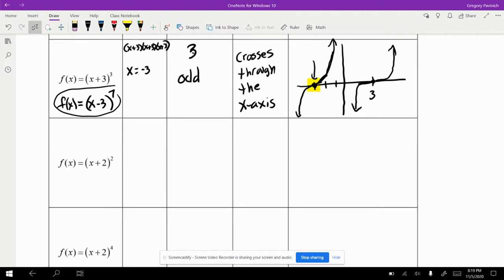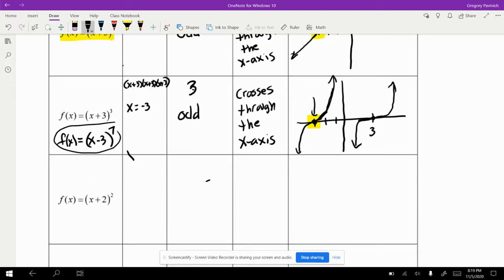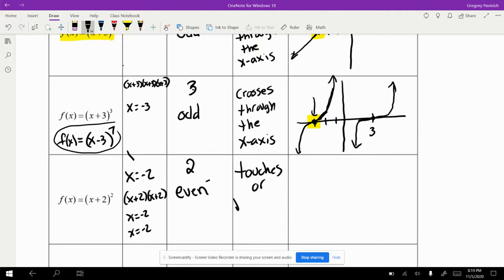Okay, so next one is what happens when we have an x-intercept happen an even amount of times. So here is my next root, and it's going to be x equals -2, and that occurs twice. And that's an even amount of times because 2 is an even number. So my factor occurred twice. Therefore, my x-intercept occurred twice, which is an even amount of times. And this one, we call it touches or bounces, however you want to talk about it,